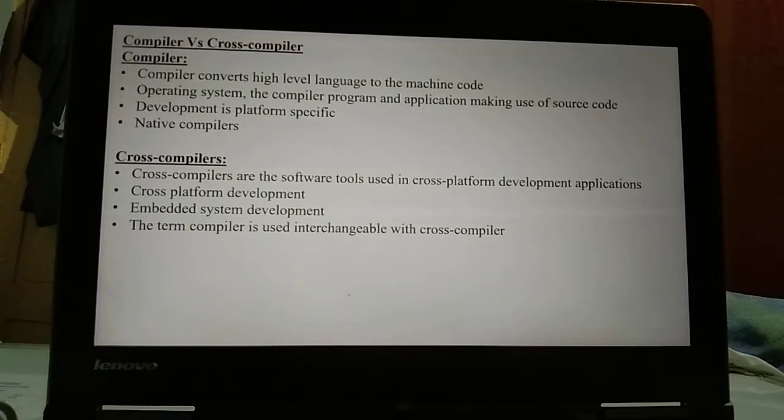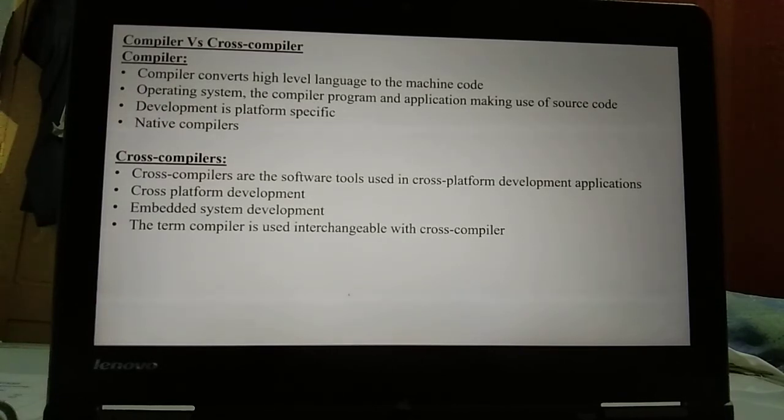Here the development is platform specific. That means for each platform there is a well-defined process. Compilers are termed native compilers, meaning the machine code generated is for the same target processor on which the compiler is running.